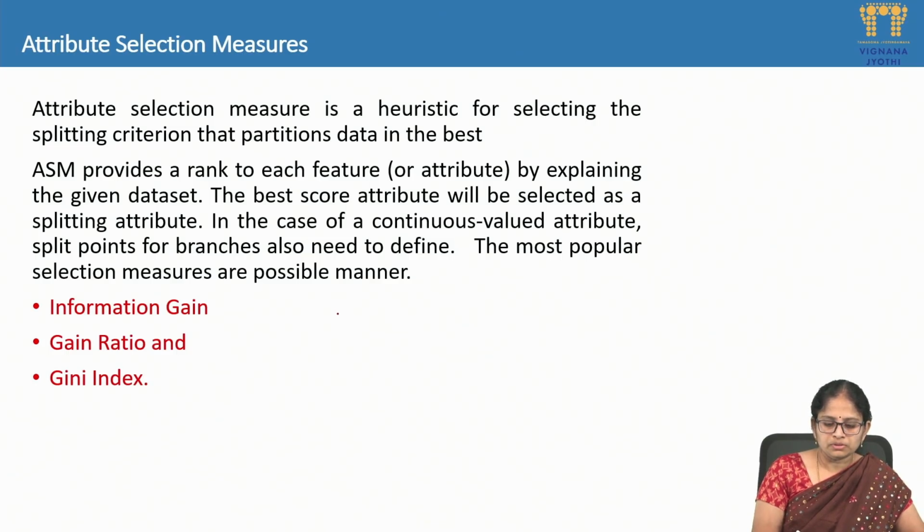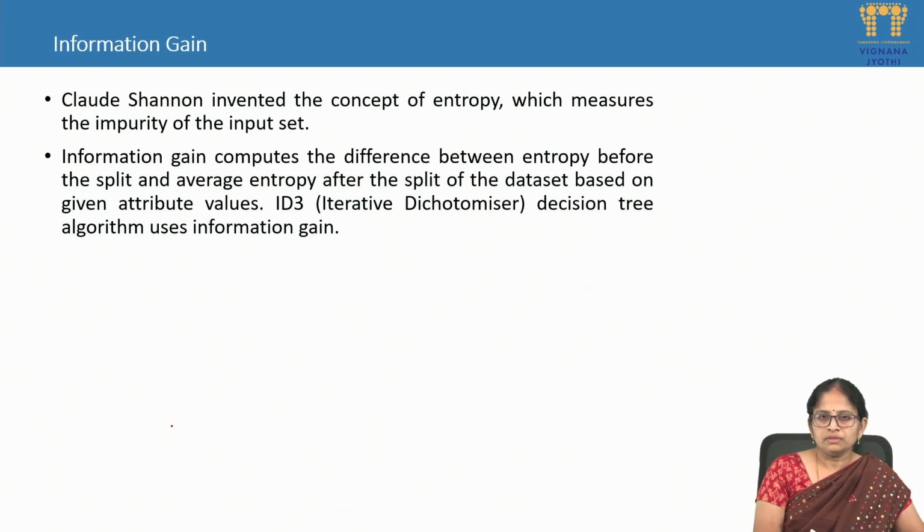So in the entire process, we discussed that the best attribute must be selected by using different attribute selection measures. These are the heuristic measures used to find out which attribute will properly decompose the given data set into smaller data sets. We have three important measures here: one is information gain, then gain ratio, and Gini index. Coming to the first one, information gain, this is used by the algorithm called ID3, Iterative Dichotomiser,